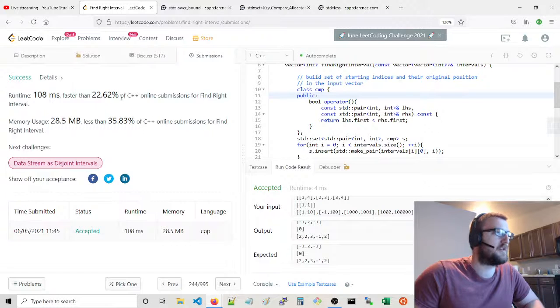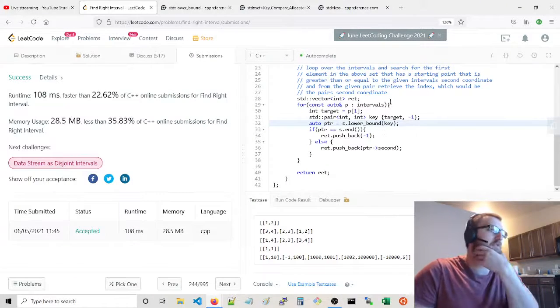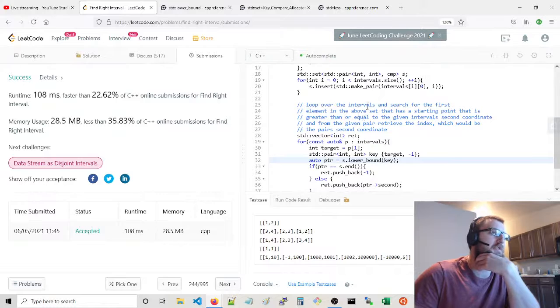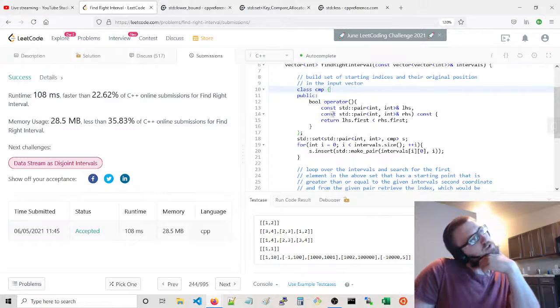Sweet. Not the most efficient way to do this, but good enough. I think the approach is relatively simple. I like it. I think it's okay. Not amazing, but not too bad either. Pretty relatively straightforward. Kind of ran into some hiccups here with the comparator where I had to look up